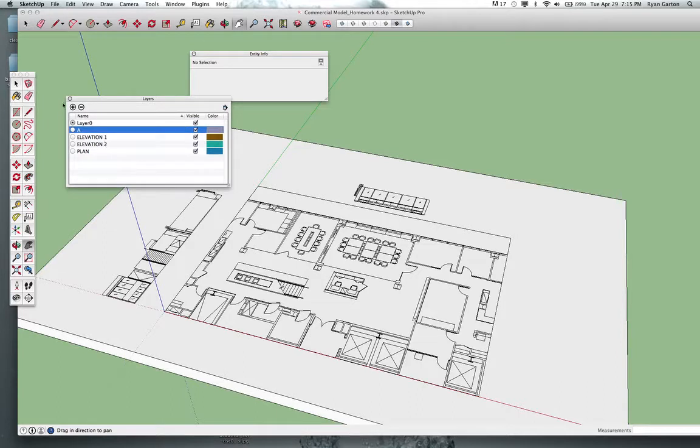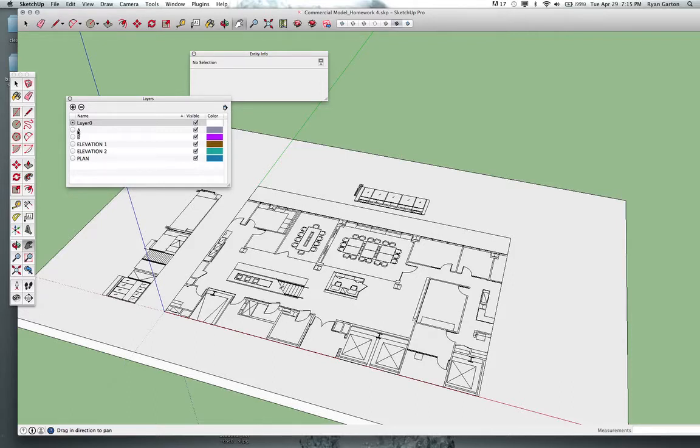I'm going to do one layer called A and one layer called B. Enter. Okay. So my rule is always keep layer 0 active. And what active means is that you have the little button next to it that's highlighted. Way, way down the line when you're really, really comfortable with SketchUp, there's going to be a few times where you're going to want to work specifically on one layer for a very specific reason. But I would say for now, the rule is, and I do this 99% of the time,